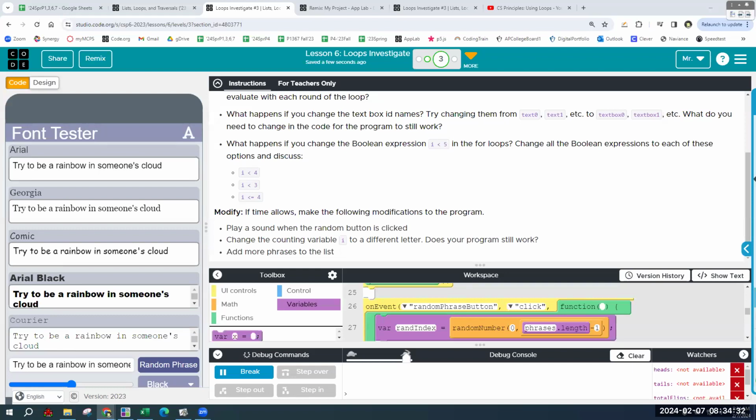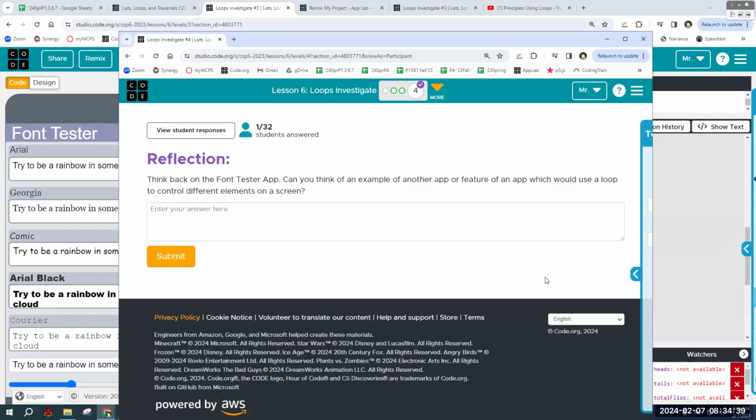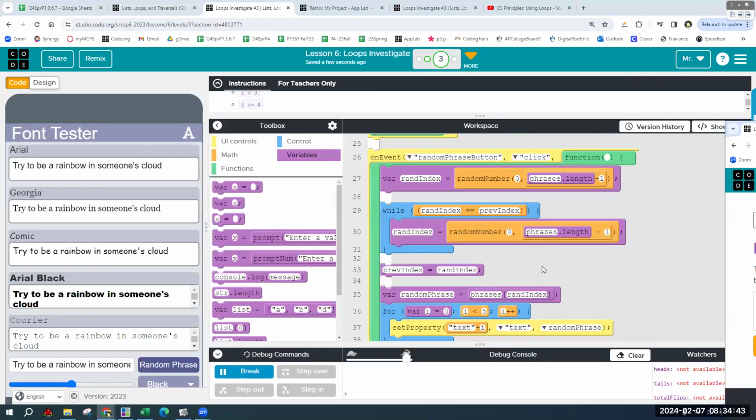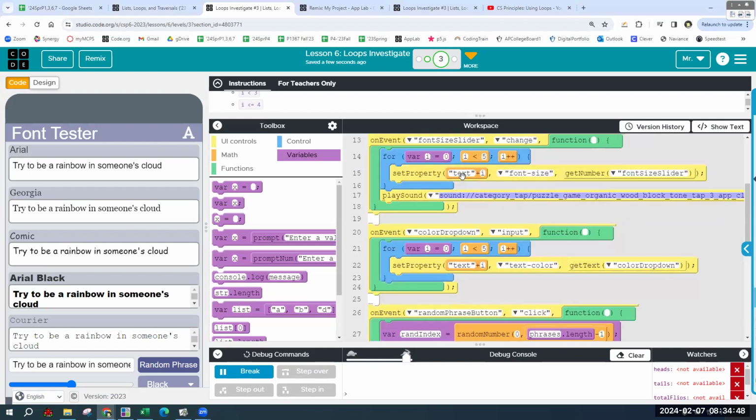Think back to the font tester app, which is the one we just did, specifically referring to the way that they did a loop to address every design element, to concat the counting variable with the word text to make the name of the design element so that they could set the property of each element.